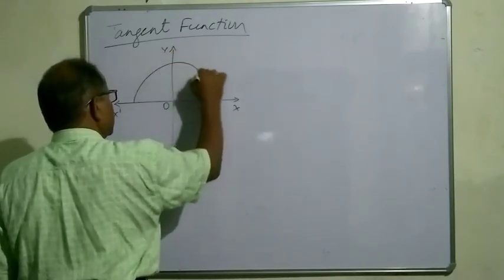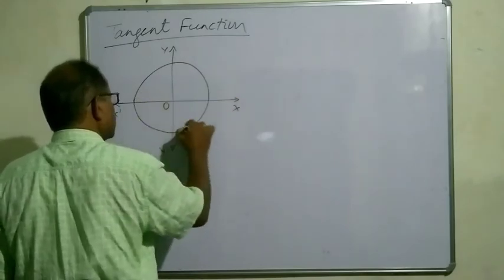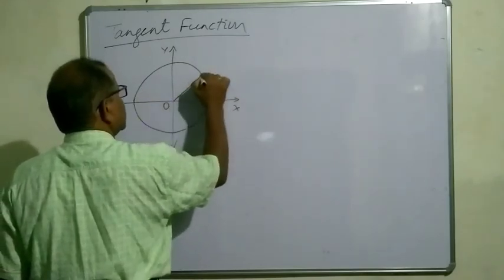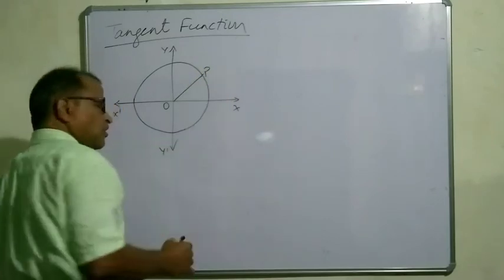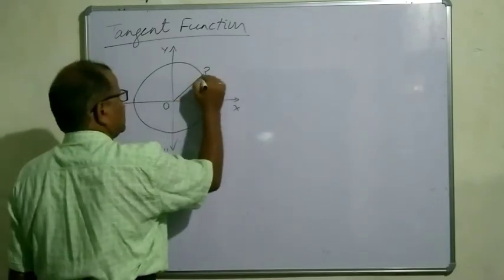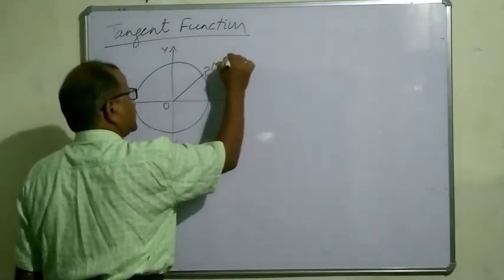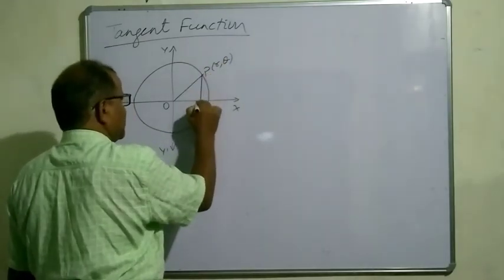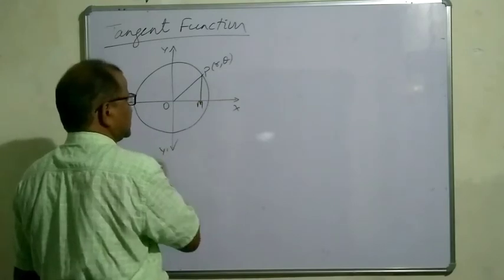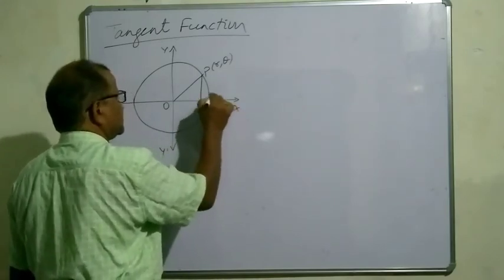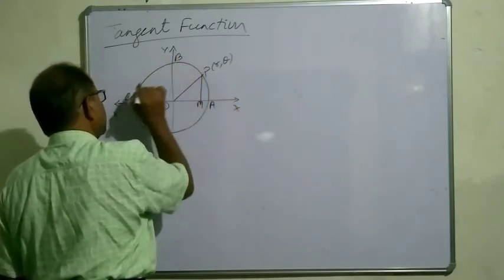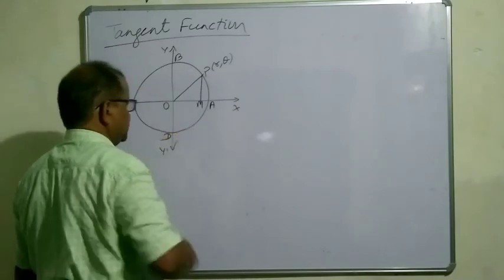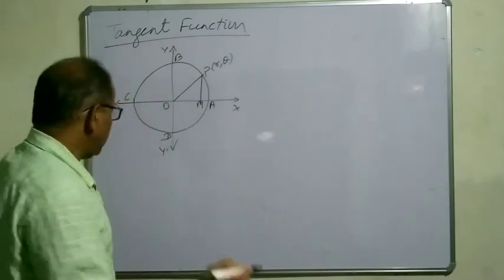You have to take a circle like this. Our point is different from the pole, so making OP, it is going to be r theta in polar form. Let us draw a perpendicular meeting the x axis at M, and the circle meets at A. It is B, it is C, it is D. Okay, now